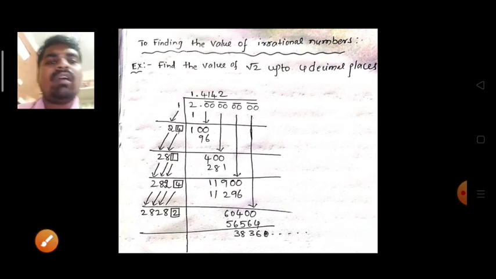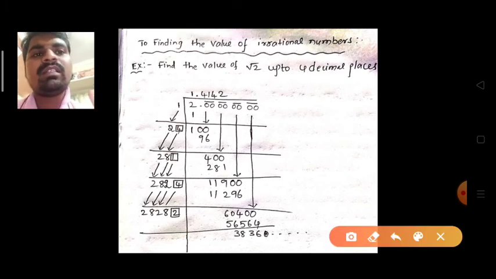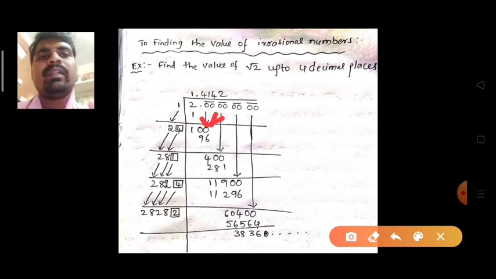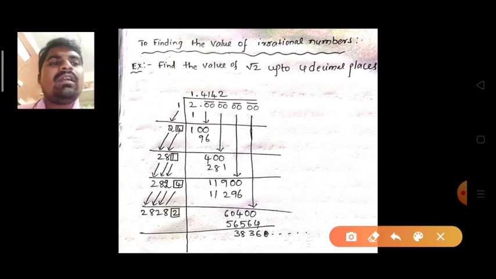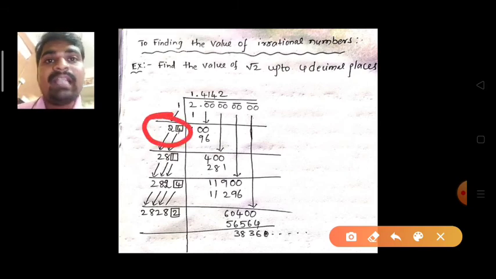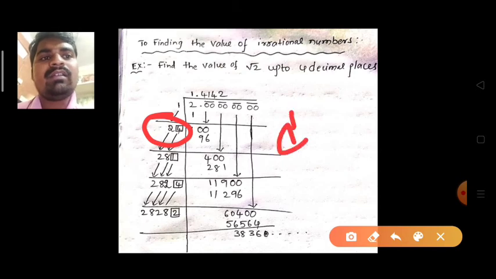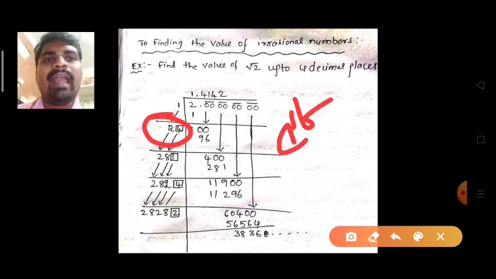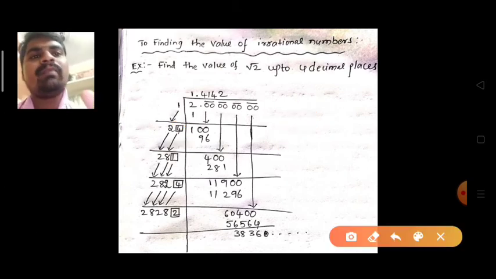After the second step, you observe 1 1 is a 1. So 2 minus 1 is a 1. Then you take 2 zeros here. So it becomes 100. Next, what is the divisor? Divisor is very important. How to write the divisor in the second step? The first step I think you understood, because you just take the perfect square whose value should be less than the 2. So next, how to write the divisor in the second step? Very simple. What you wrote in the first step, make it double first. Double of 1 is 2. So the first number is 2.